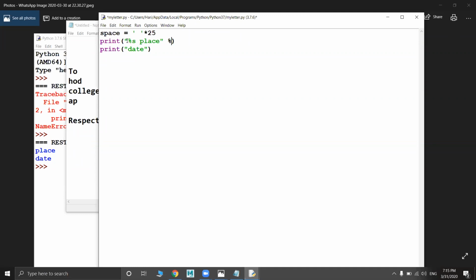So I'm going to give space, and again here percentage. Again you need to pass what you need to pass for the percentage. Okay, now I'm going to save it, and I'm trying to execute it.